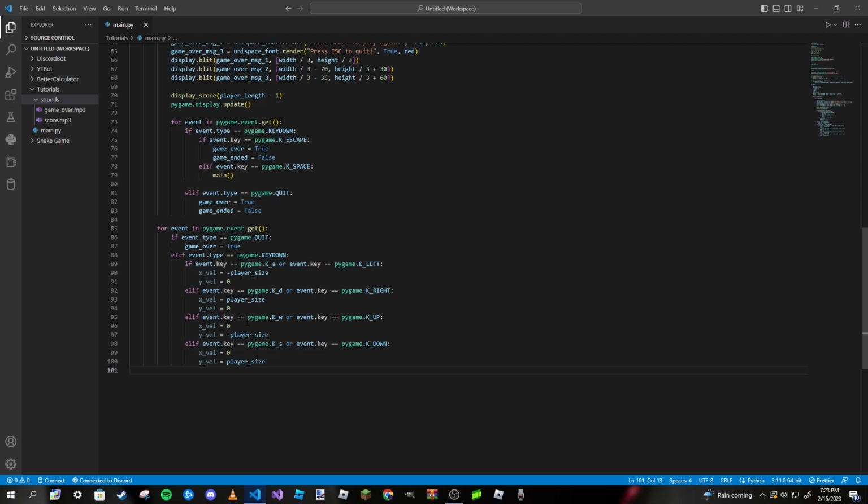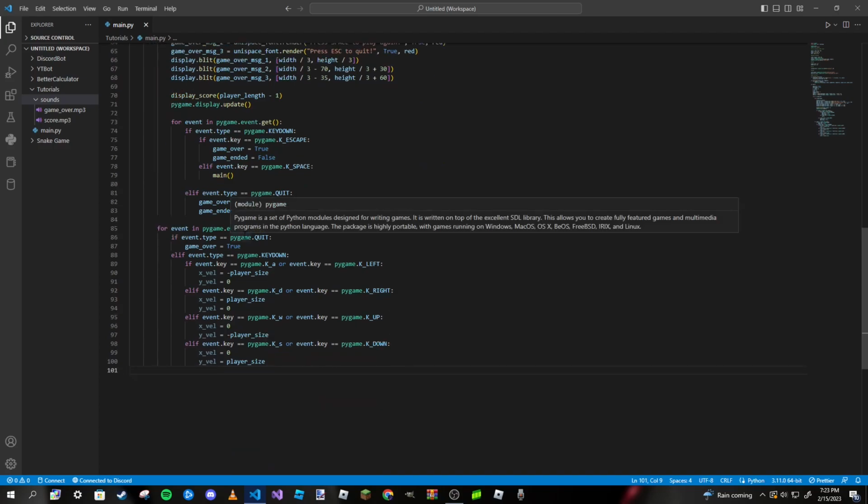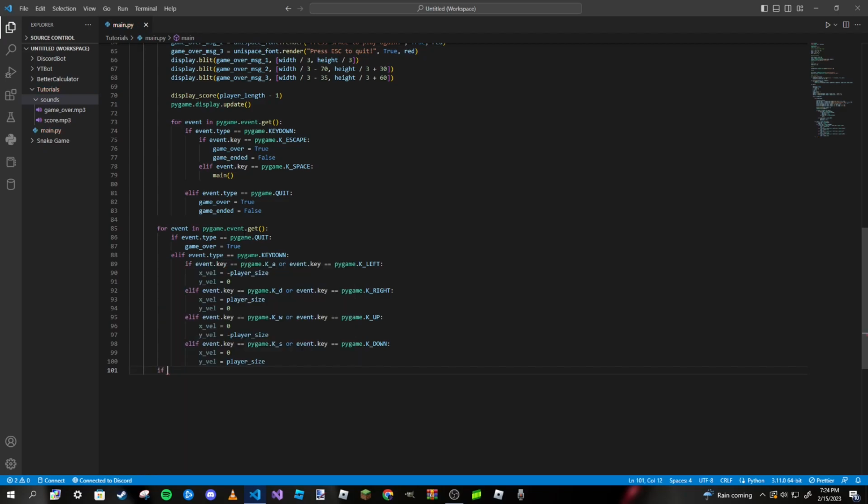But anyways, we need to go ahead and use our last bit of code here. So we are almost done with our game, actually. But now what we need to do is go ahead and, in our outer while loop, check for a few things. We need to check if we crash into the walls now. So if x is greater than or equal to the width, or x is greater than 0, or y is greater than or equal to the height, or y is greater than 0, and if that's true,